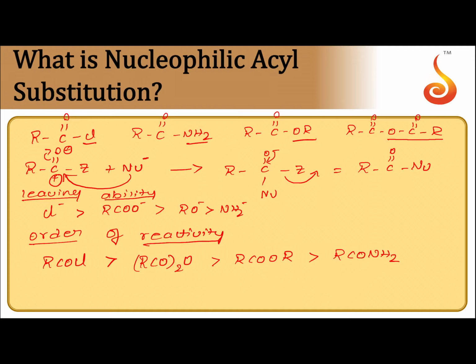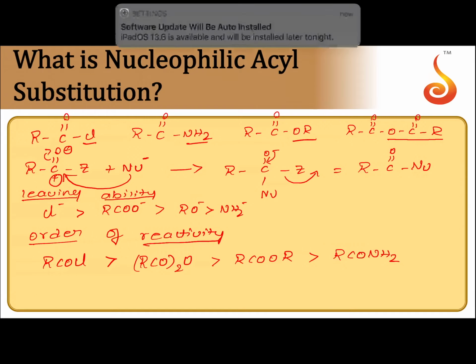So these are the different derivatives of carboxylic acids and their reactivity. Amides are least reactive, and hence other derivatives cannot be obtained starting from amides. Acid chlorides and acid anhydrides are most reactive, whereas esters and amides are